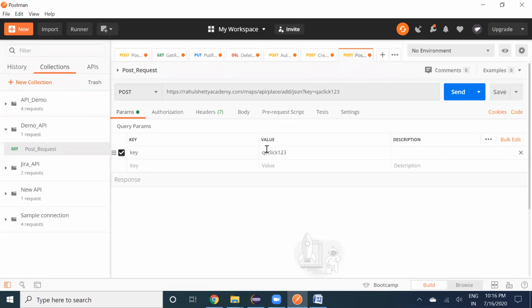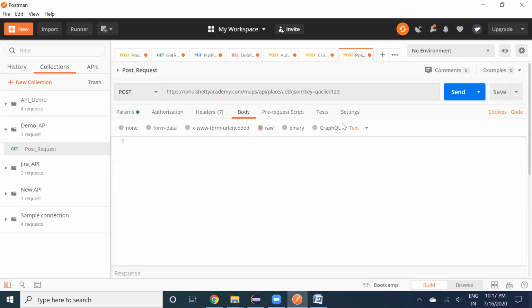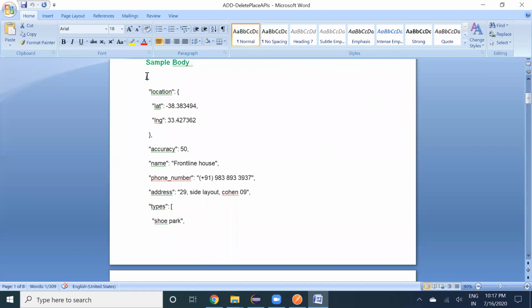So here now we are posting a request. I'm just going to create a resource. For that I should go and click Body now. In Body, I should click raw. Go to Text and click JSON. We are going to send a JSON file. As I told you, JSON and XML are used to carry the data. So we are giving a JSON file here. I'm going to send a body here.